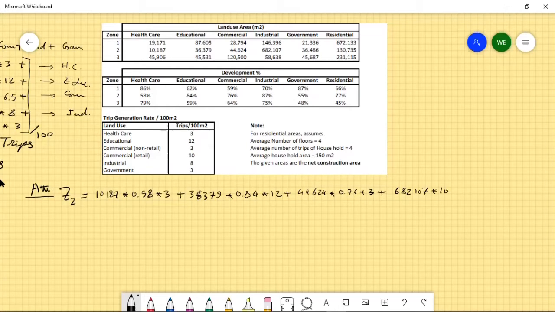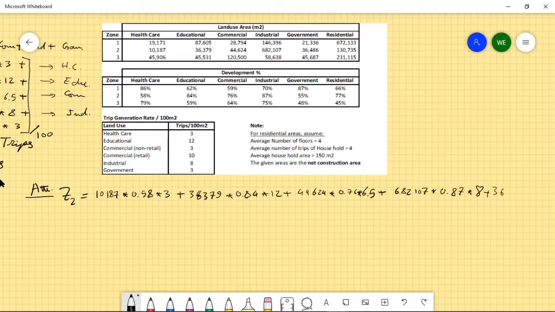Oh, I'm sorry. The commercial area, we need to multiply it here by 6.5. And here is going to be multiplied by 8. That's the industrial. No, we need to multiply it first by percentage of development. So this is 0.87 multiply by 8 plus the government, which is